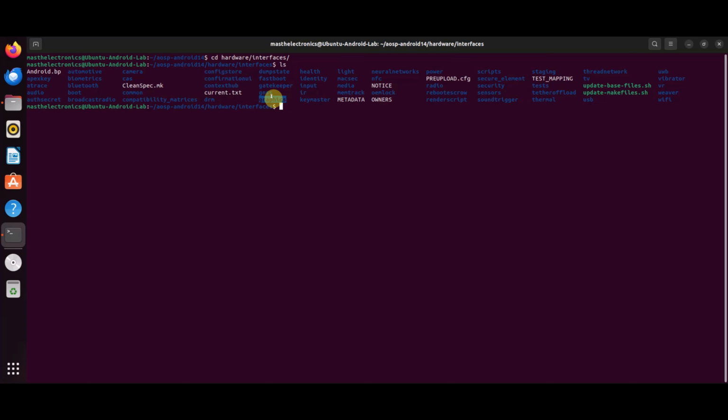The graphics directory defines the interface for GPU and display hardware. The Wi-Fi directory defines the interface for Wi-Fi hardware. These interfaces are defined using AIDL, which stands for Android Interface Definition Language. In earlier versions of Android, HAL interfaces were defined using HIDL or Hardware Interface Definition Language, but HIDL has been deprecated. Modern Android versions now use AIDL for defining HAL interfaces, which provides better performance and easier integration with the